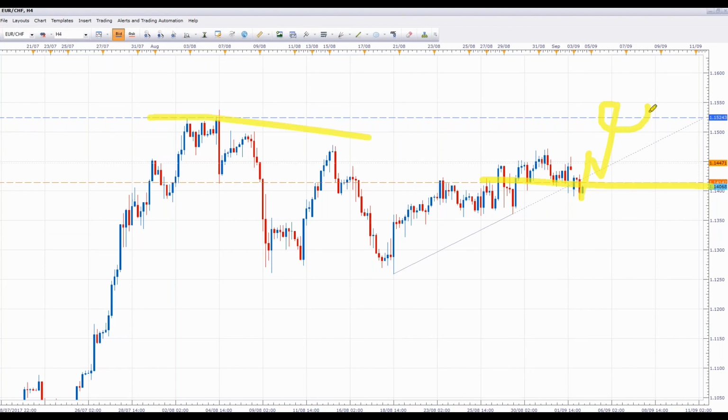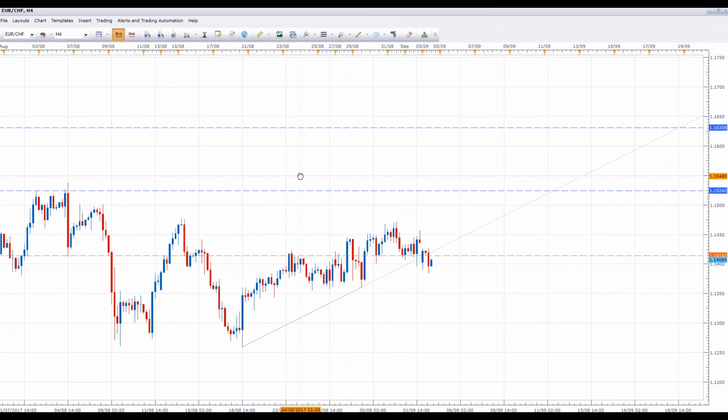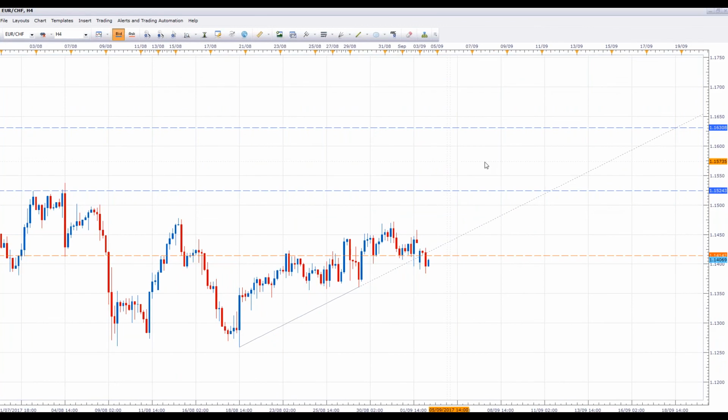So the first target is the top over here at the 1.1524, and I think we have one slightly higher up as well. Yeah, and the next one to the upside, if we can break this top over here, we're going to be looking up towards the 1.1630 in the Euro franc. So we get a move back above here maybe tomorrow, or once price starts moving a little bit, then this is certainly a good opportunity in the Euro franc should it set up as we're looking for it to do.